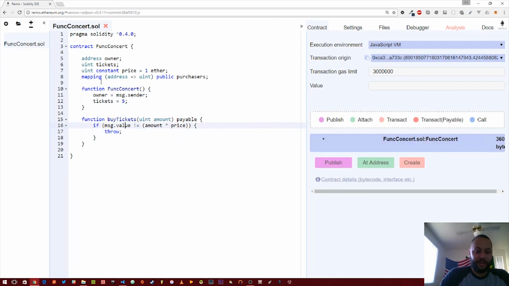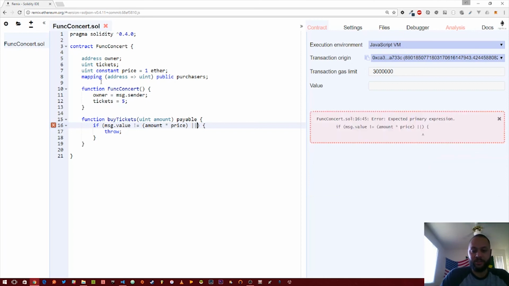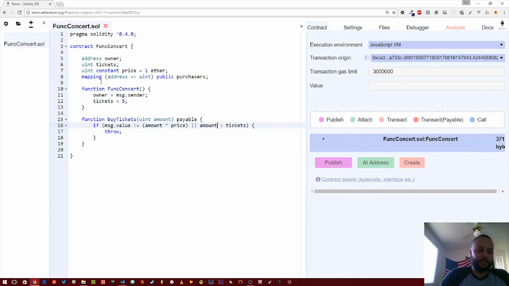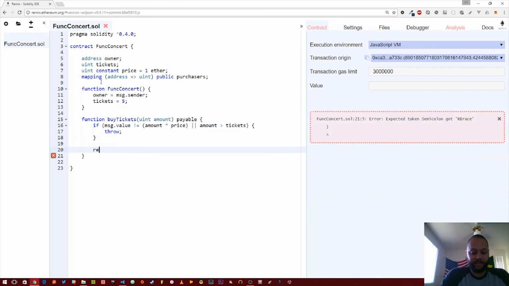But one other thing we want to check for is whether or not we have enough tickets left. So we're going to add this or clause. So or the amount they're trying to purchase is greater than the tickets. So if they haven't sent enough money or they're trying to purchase too many tickets, we throw an exception and we quit. Otherwise, we'll go ahead and